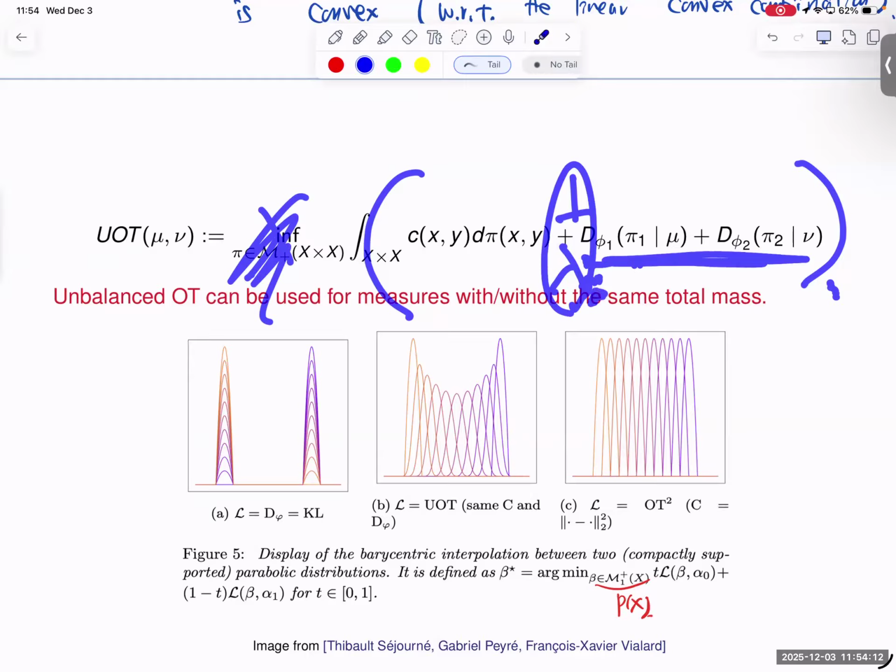Okay, so I just got confused. Okay, just give me a second. If lambda is large, then it goes to 0. So then